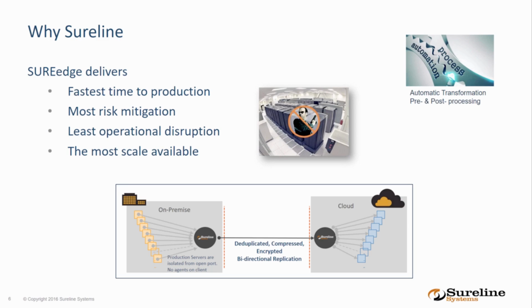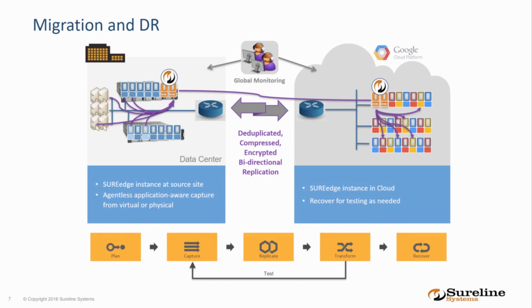One of the keys here is that by having this agentless environment, we take snapshots of data from any of the servers, physical or virtual, that you're going to protect. We put those into a pool, which is where we do the deduplication across all of your systems, then the compression and encryption, and move that to the target site. Once on the target site, it can get rehydrated into a new virtual machine.